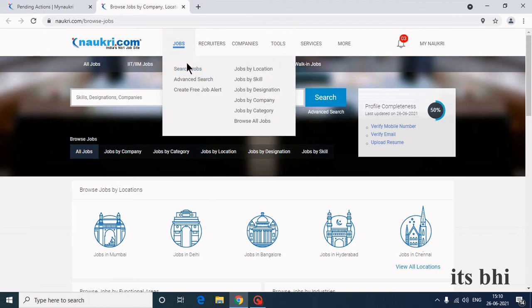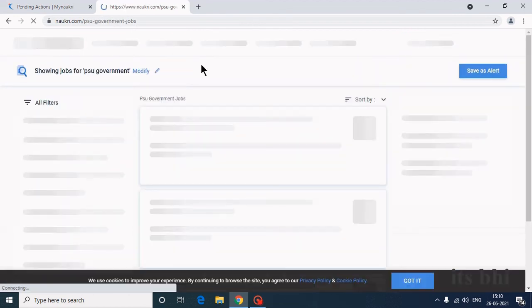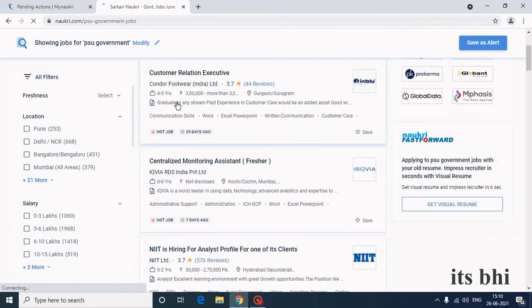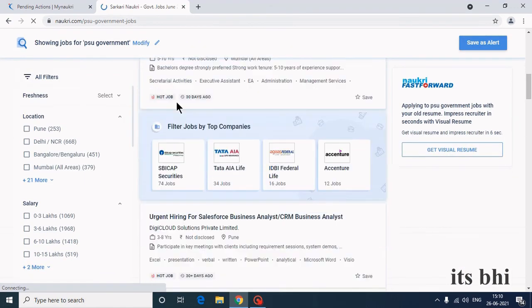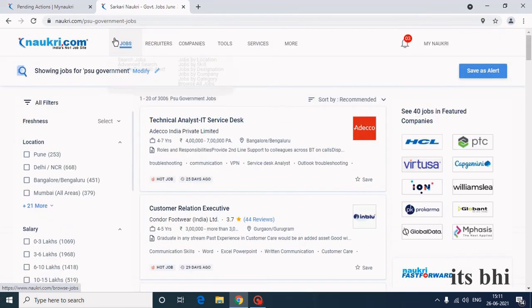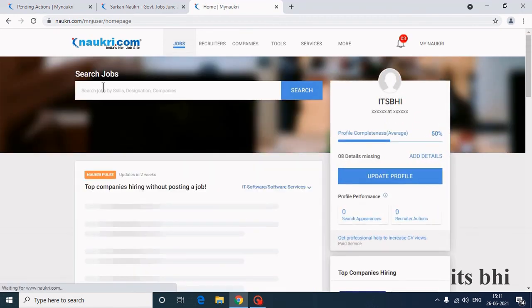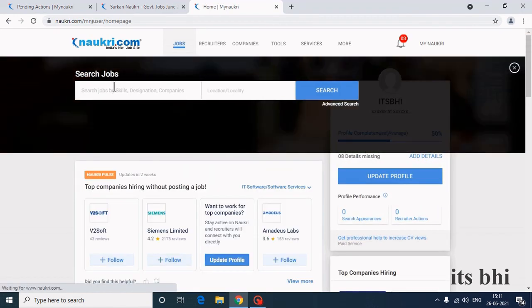If you prefer a government job, you can select government jobs and see what government jobs are available in Naukri. You can even go with the all jobs option and enter skills like Windows.